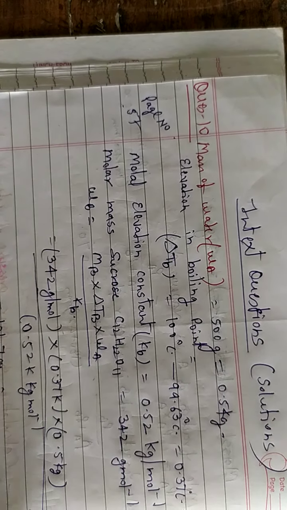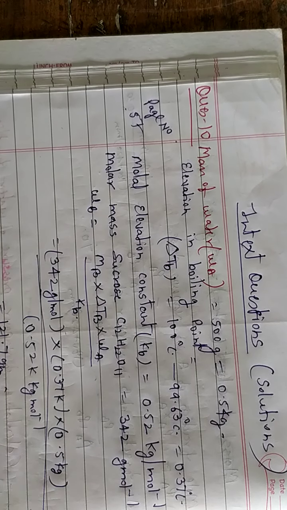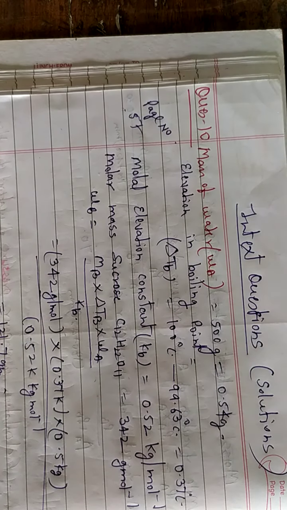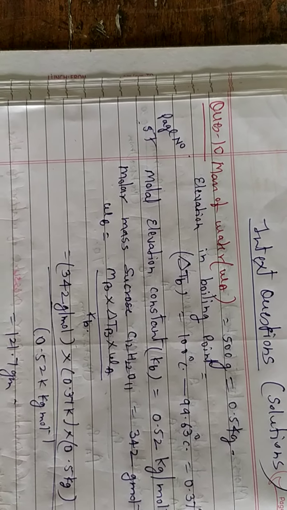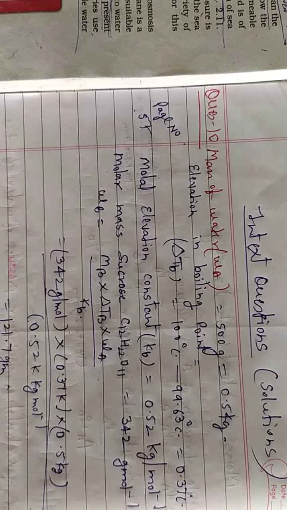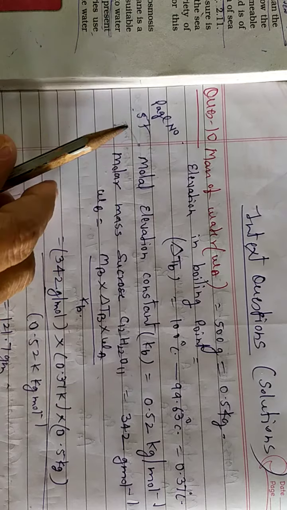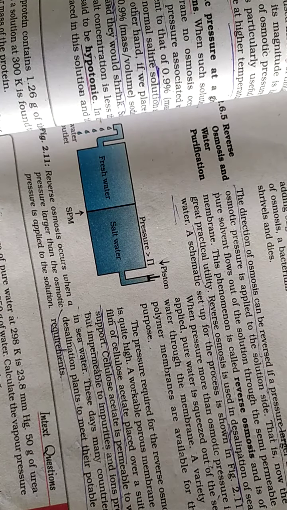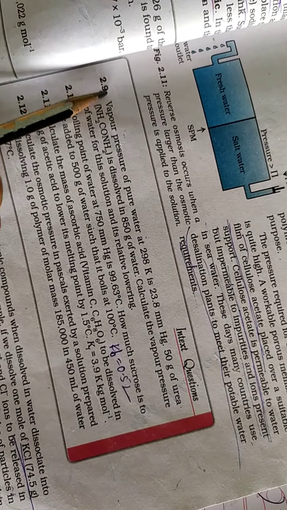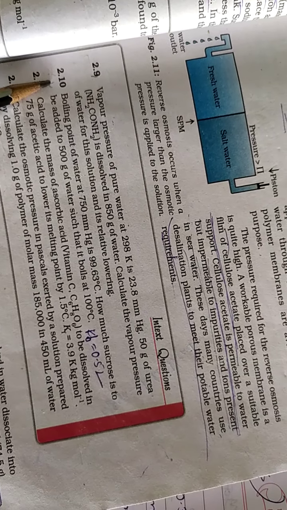Okay, student. Now our solution lesson is completed, and in the solution lesson, up to in-text questions as well as exercise is left. In-text questions on page number 57, up to question number 9, we had already completed in the last video. Up to 2.9 I had completed. Now question number 2.10.